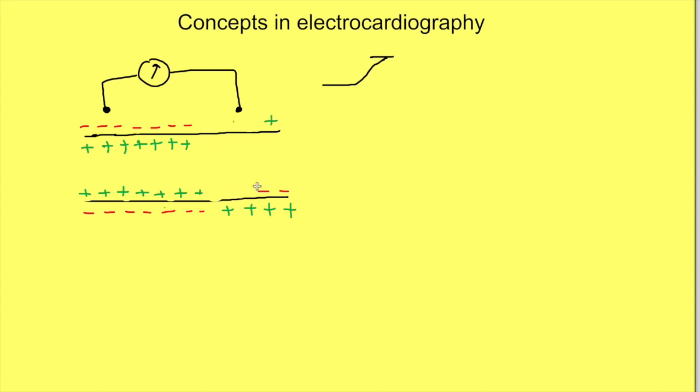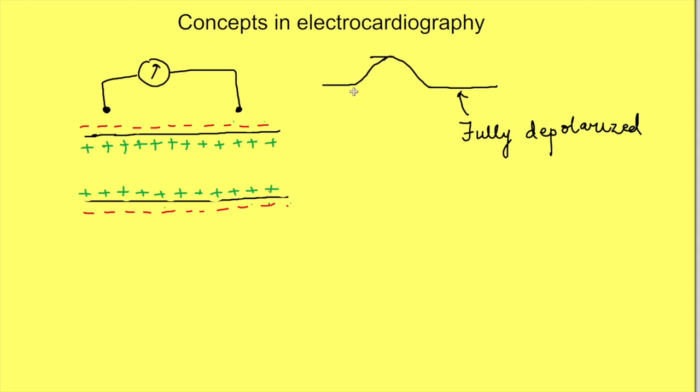When the potential change spreads further, again the algebraic sum will start decreasing, and when it fully becomes depolarized, both electrodes will be at the same potential, and so again it will become 0 potential. So see how the spread of depolarization leads to a rise in potential difference recorded and then a fall coming back to 0. So this is called a wave in ECG.